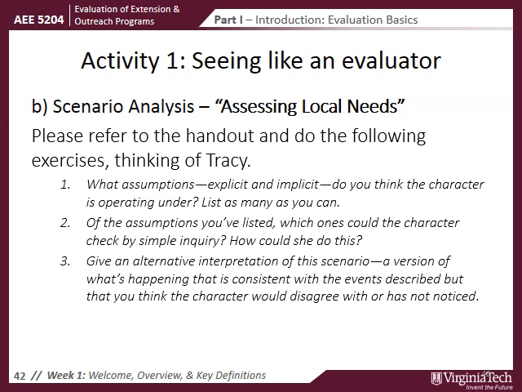And of those assumptions that you've listed, which ones could Tracy check by using simple inquiry to get just a little bit more evidence? And how could she do this? How could she gather some more evidence in order to check the assumptions that she's working under? And then the third task, and this is probably the most difficult one, is for you to come